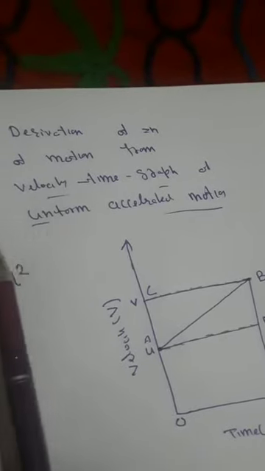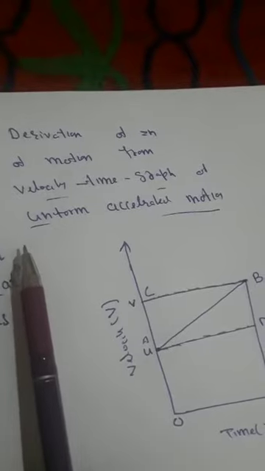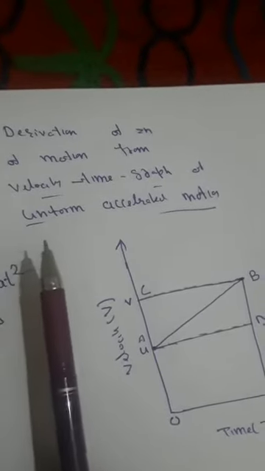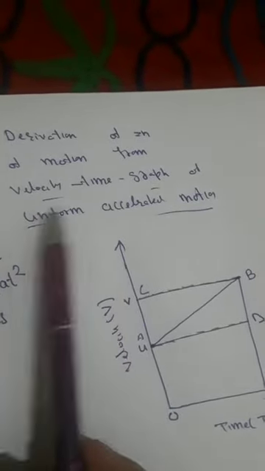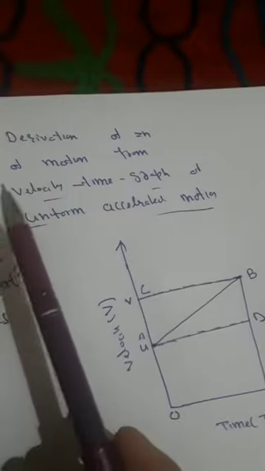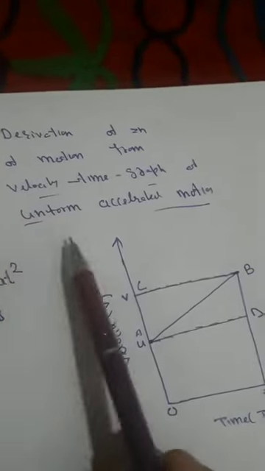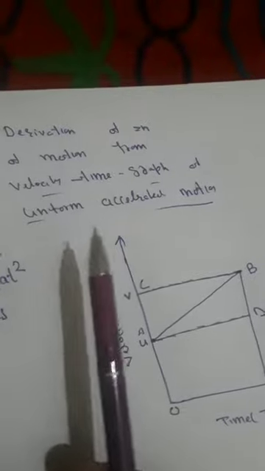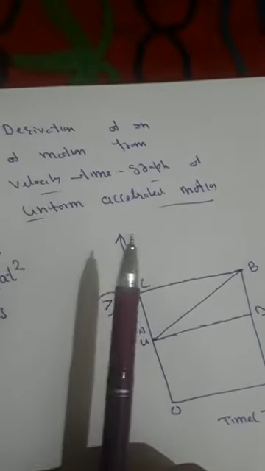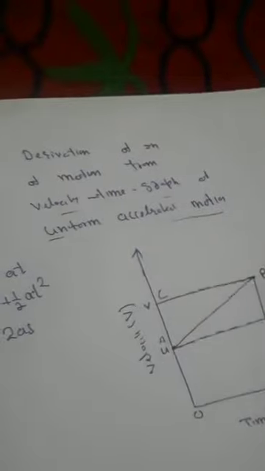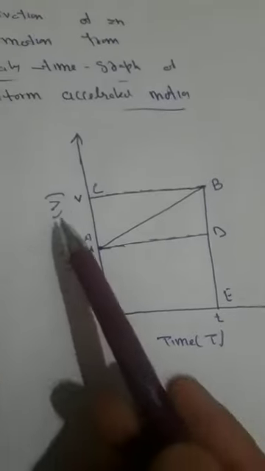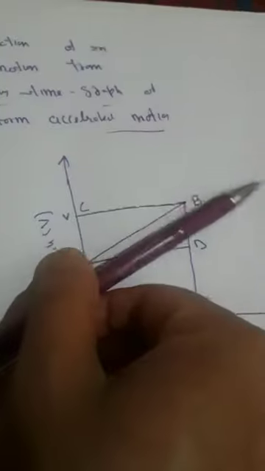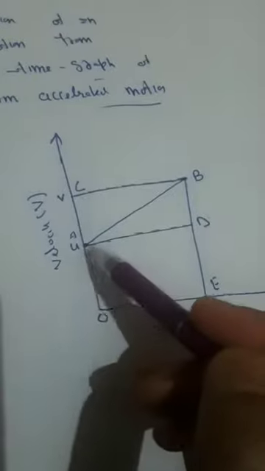Before moving ahead, I have already told you in previous classes regarding the calculation of acceleration from the velocity time graph, if you remember this. I have also calculated velocity from the position time graph, and acceleration from the velocity time graph. I hope you remember this. We will again suppose this is a graph. Time is represented along the x-axis and velocity is represented along the y-axis. The graph so formed here is called the velocity time graph.